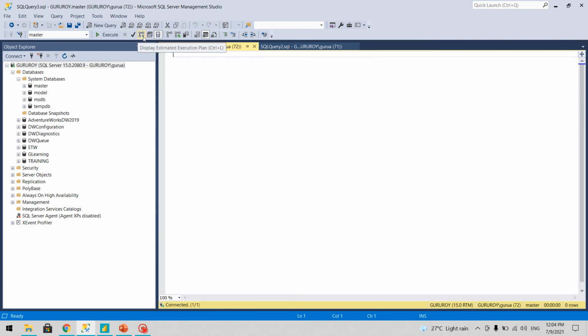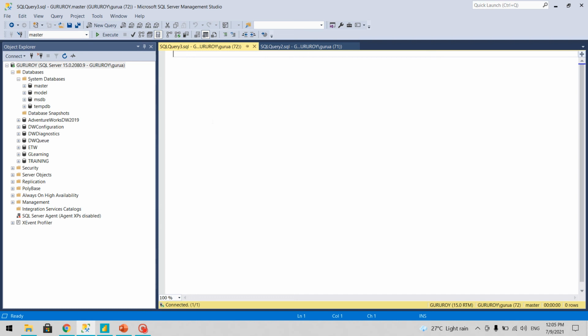Now these icons are for the execution plan. So in case you want to see the query execution plan, you can click on these icons. Now here these three are for the result set. In case you want to see your result set as text, then you can use this one. But if you want to see it in a grid, you can use this. Or if you want to save the result into a file, then you can click here. This is again for your Activity Monitor, what are the queries which are executing on your system, so that you can do through this. So this is a brief overview of SQL Server Management Studio.